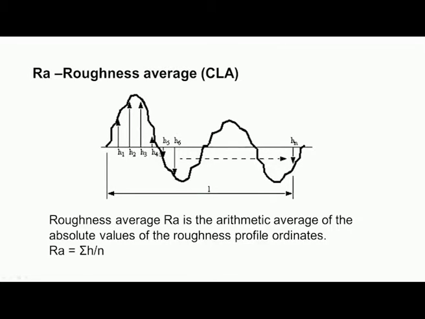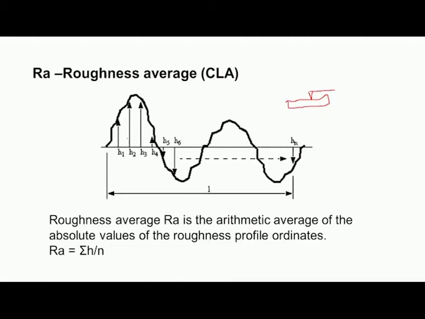Now we will start with the roughness parameters. The first one is RA, roughness average, which is also known as centerline average. You can see here, after getting the profile, the workpiece surface is kept on the table of the measuring instrument, and the stylus will move on the surface, and finally we get the profile as output from the measuring instrument.